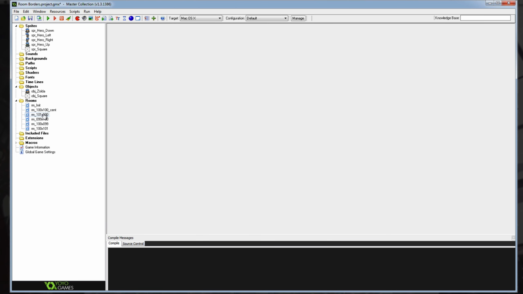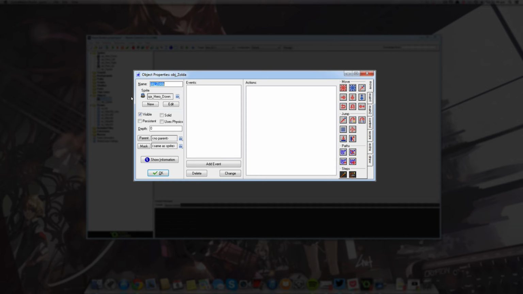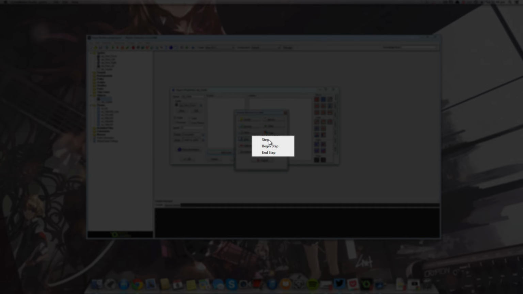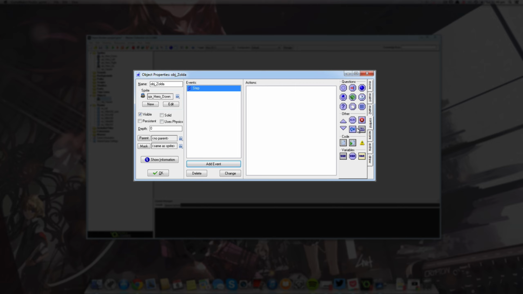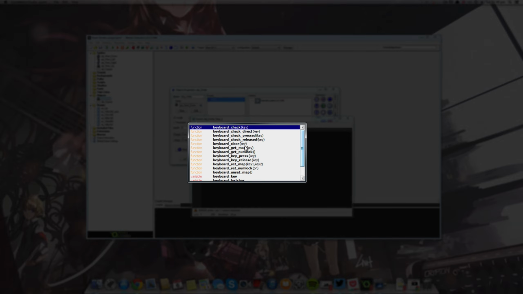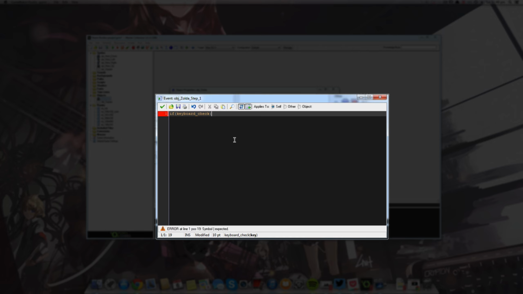Now that we've defined that in our center room, we can jump back into Zelda and begin to create some of our code. So in the step event, I'm going to drag an instance of execute code, and I'm just going to do a basic if statement to handle our key presses. So I'm just going to say if keyboard check